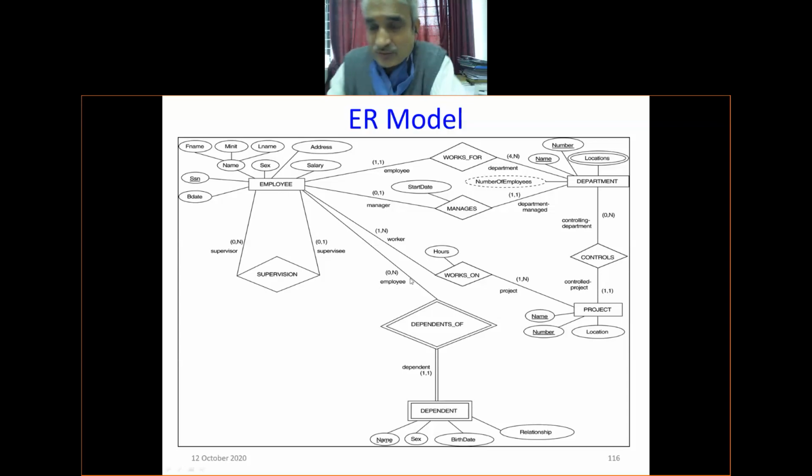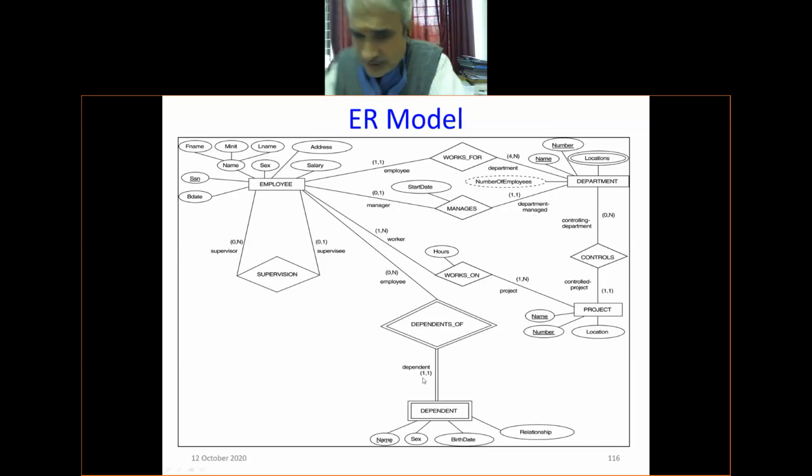Sounds better. Please read the Navathe book. The Navathe book also says that the min-max constraint is a more accurate way of expressing a relationship between two different entities. Now, when you look at this dependent, it is 1 comma 1, not 1 to 1, sorry. It is a 1 comma 1 structural constraint. That means every instance of this entity, every tuple of this relation, must participate in the dependent of relation once. Minimum 1, maximum 1. It cannot appear more than once. That is the structural constraint of this.